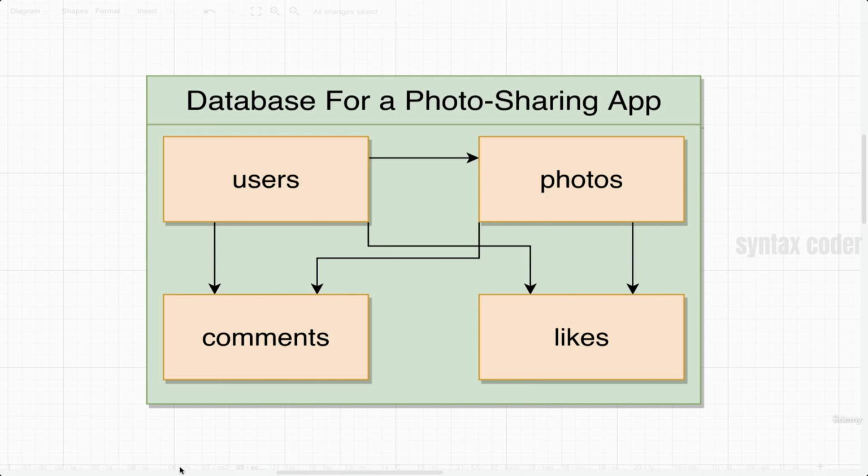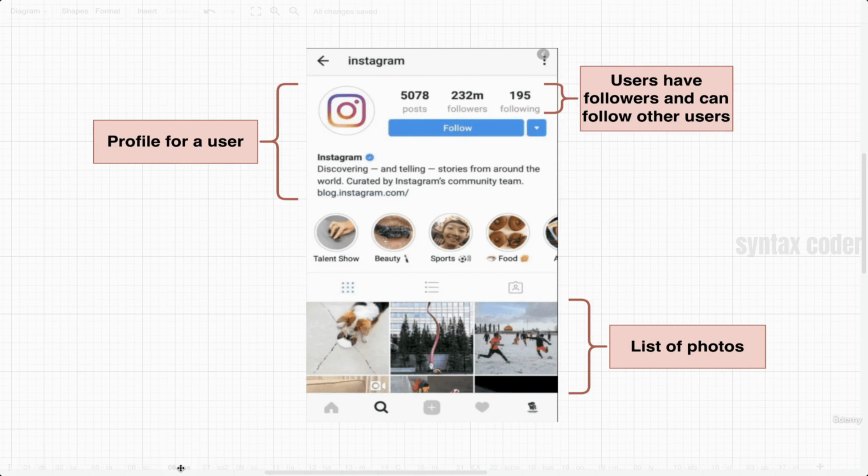To help you understand what is going on here, I first want to show you just this screenshot once again. In this screenshot, we saw that we are looking at a profile page for a very particular user. And it looks like this user, called Instagram, had posted some number of photos. So we would say that these are photos that are somehow related or owned by this very particular user. So inside of our database, we need to set up some kind of relationship. We need some data somewhere that says these different photos